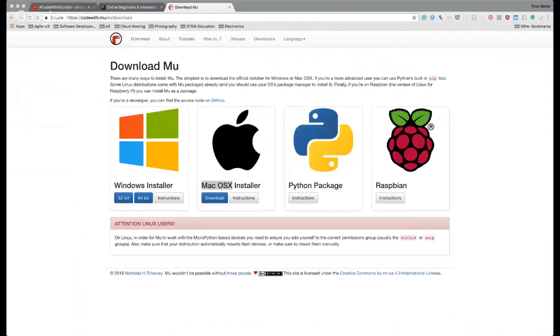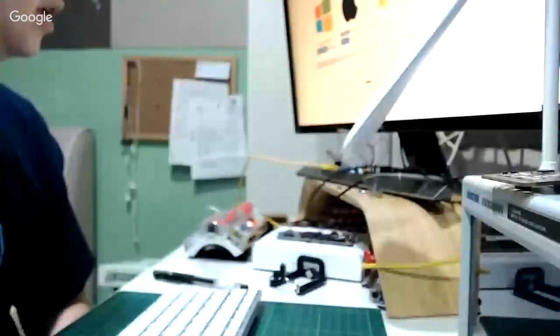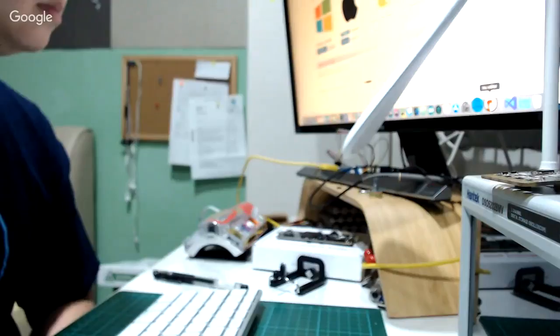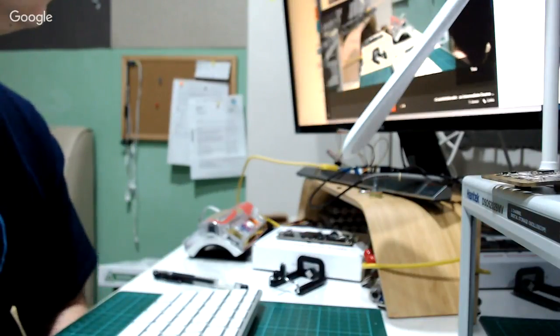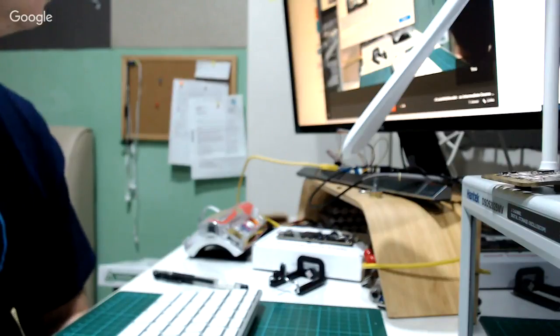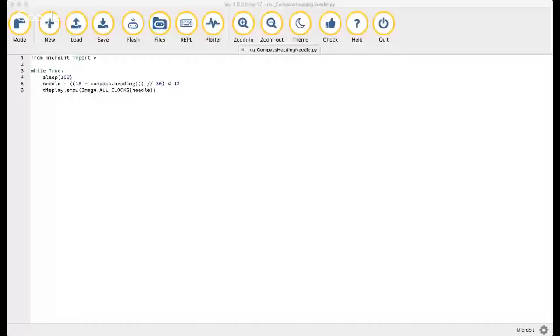Okay, let me share the screen. Okay, so you should be able to see the MU editor that I have open. Okay, so what you can see here is actually a very basic